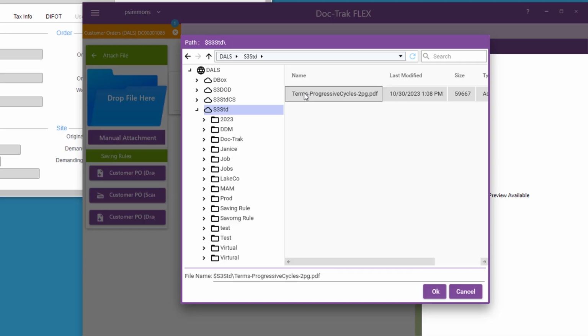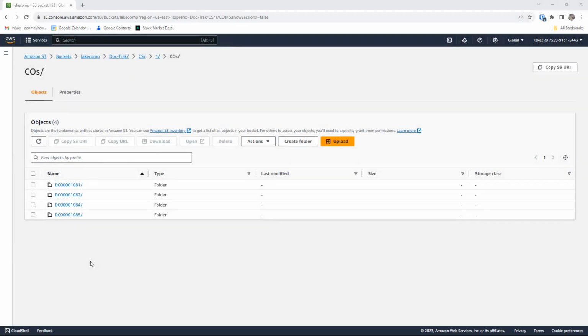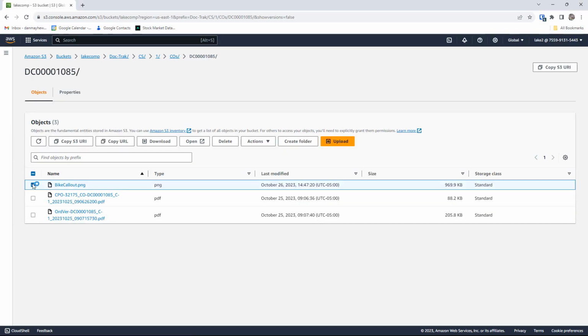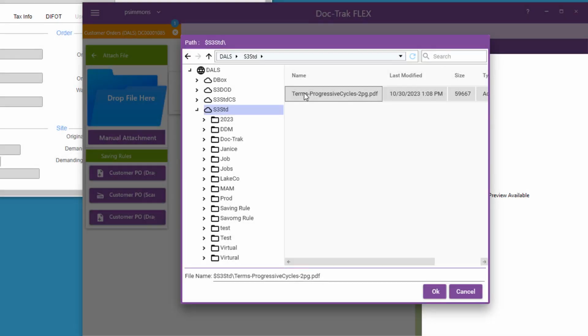To show how this interface works, let's assume that the customer wants us to include a call-out sheet with their order. I know that someone has already created it and saved it to the folder in our S3 account for this customer order. Now I want to attach that call-out sheet to the customer order record in Sightline.